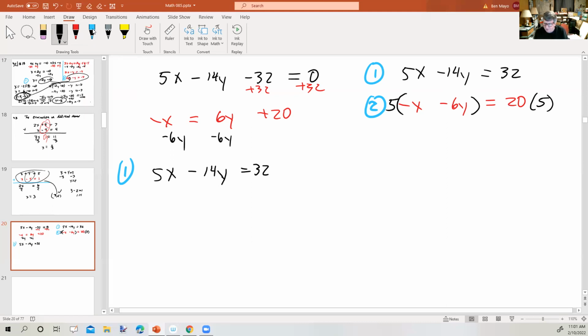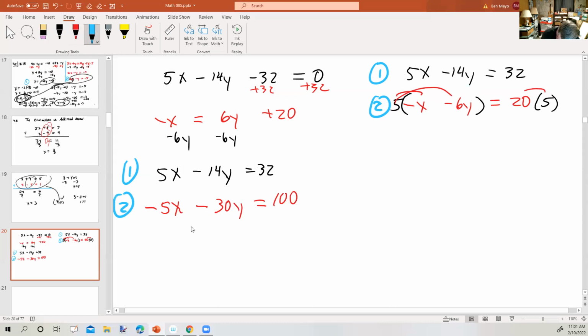Why did I choose a 5? Because now I get negative 5x minus 30y equals 100. So by multiplying both sides of equation number 2 by 5, the new coefficient of x is negative 5. Why is that a good thing? That's a good thing because now when I come in,